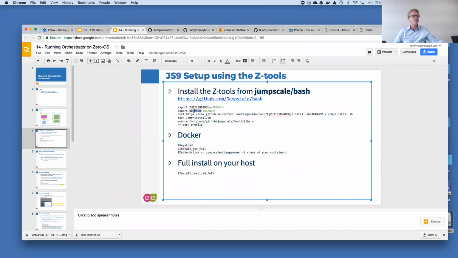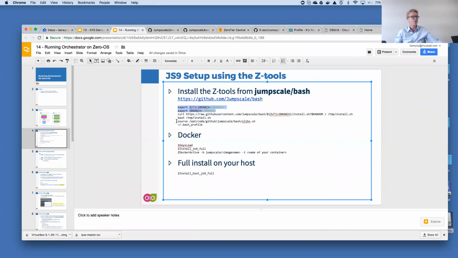And I also specified that I wanted to use the master branch of JumpScale, which is always a little bit risky, but that's what I did. So I used twice master, and as you will see in the documentation, you could even drop these and have it installed in one single command if you really want to take everything from master.